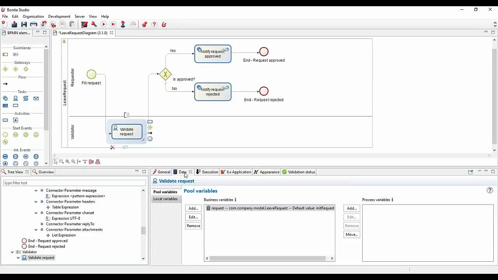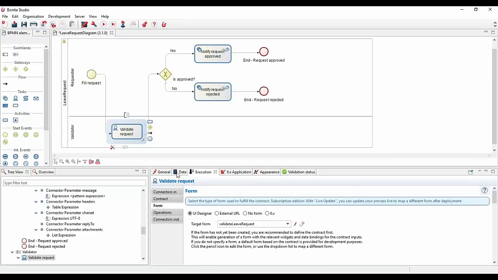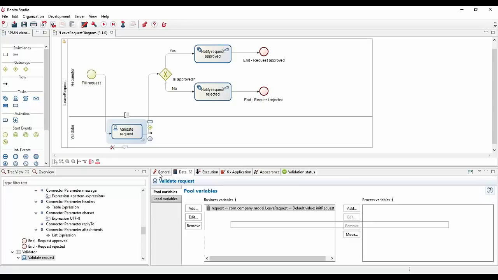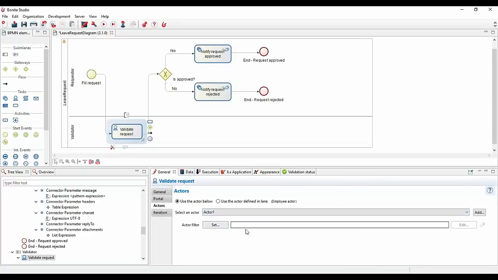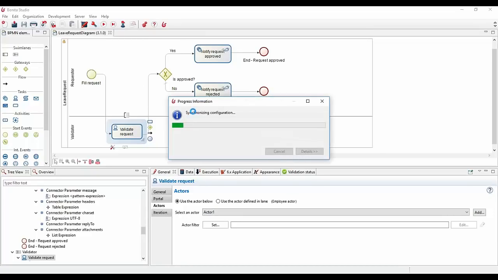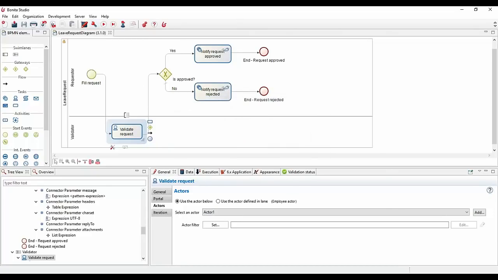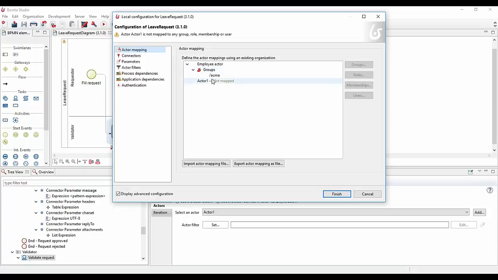If you do want to use only the actor, and it's a good review, so here if I come back to it and I do not set anything, that means that I will use the actor one here. If I save that, you can go to configuration, configure. So if I click on configure, you will see that I have this actor here. So I have multiple things that I can configure in the process, but one of them is the actor mapping.